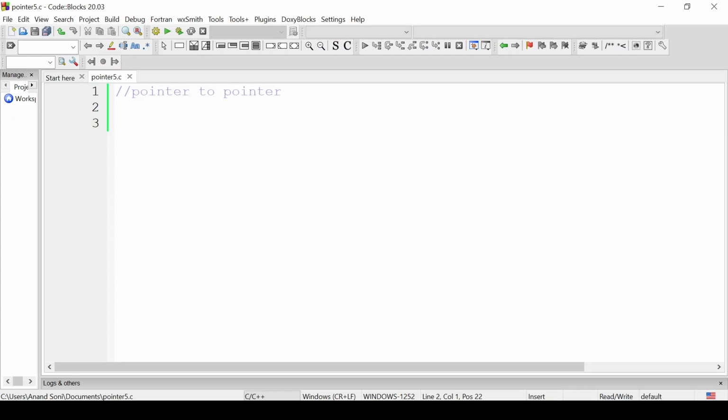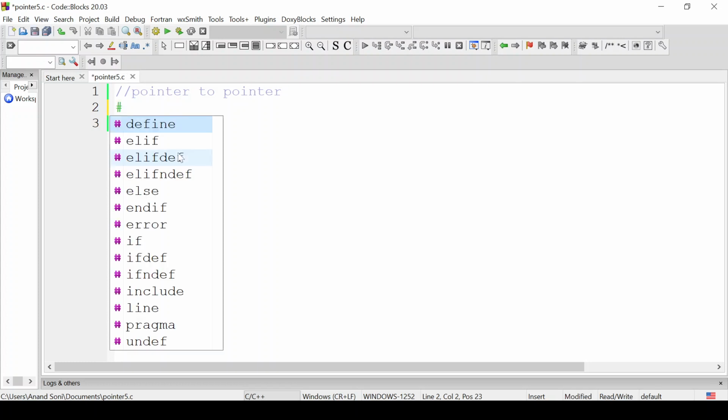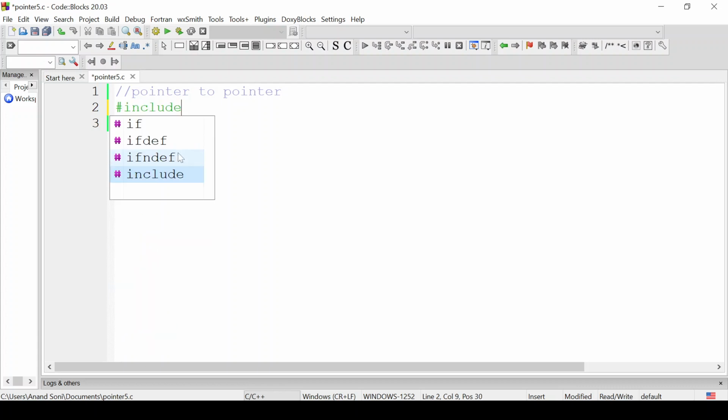Next in C, we are going to see pointer to a pointer. So pointer to a pointer is a variable which is going to hold the address of another pointer. So #include <stdio.h>,